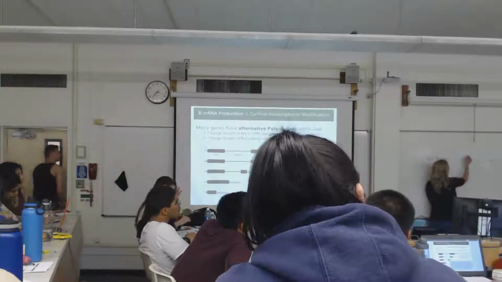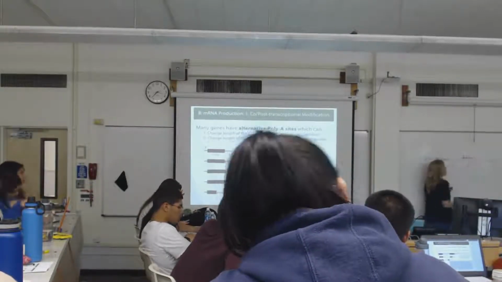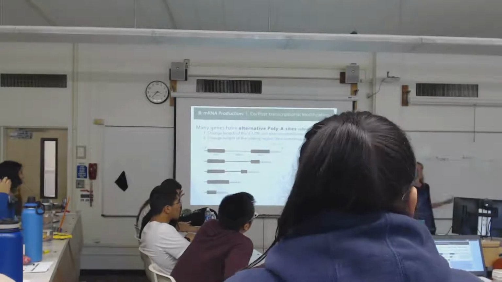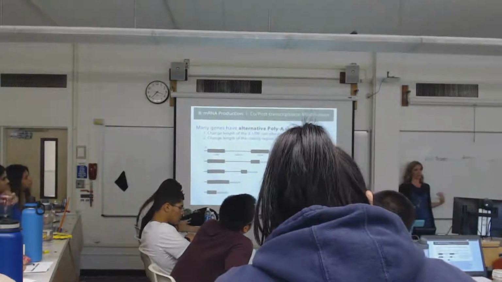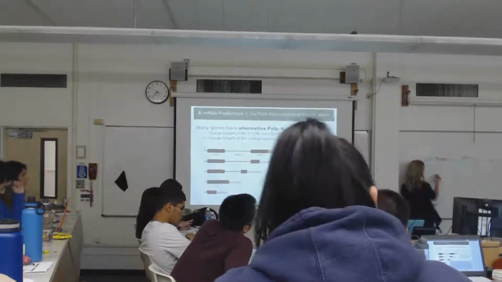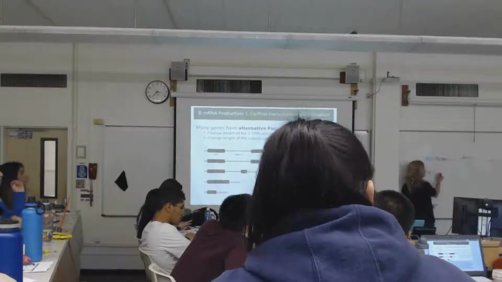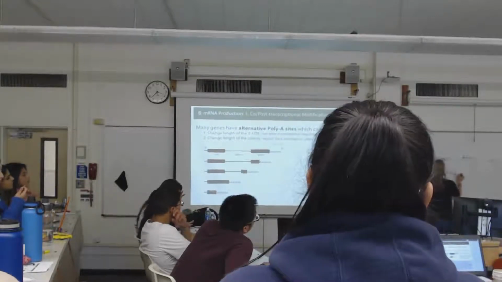Okay, so the case that we know a lot about are these in macrophages. Macrophages are a type of white blood cell, right, that are really important for our immune system function. So this is a super cool mechanism. So in macrophages